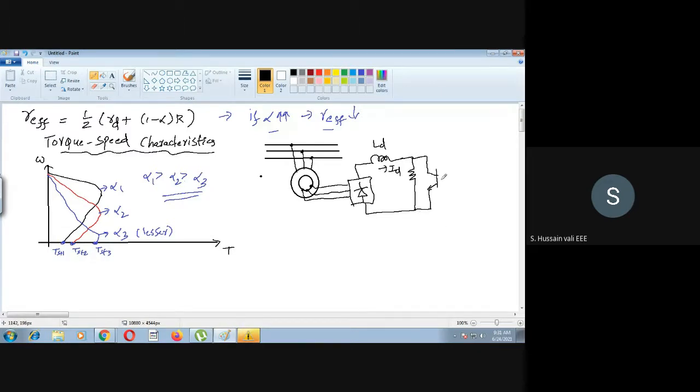Now we will see the closed loop, in the sense we will discuss how you give the base current here. You have to give the base current here. So who will decide the amount of base current here? You require a closed path now. So what is this closed path? I will draw the closed path now.